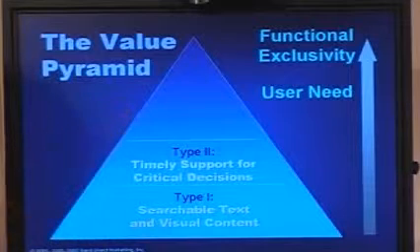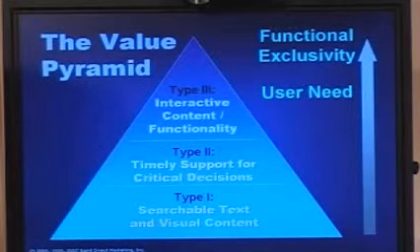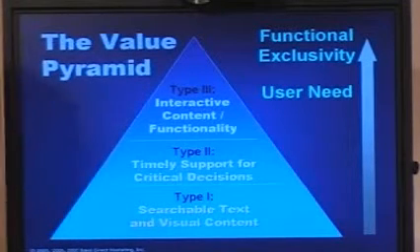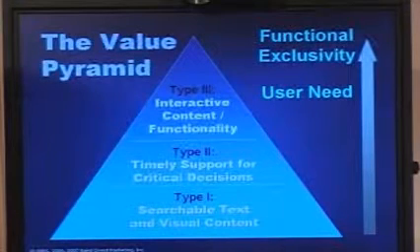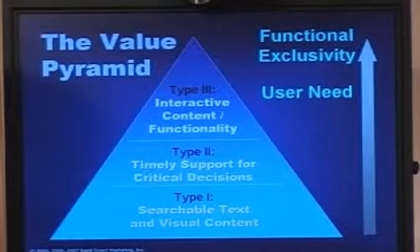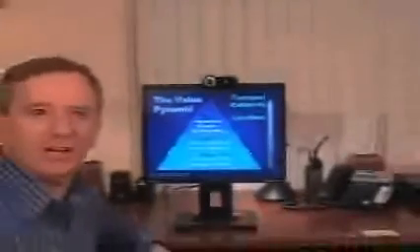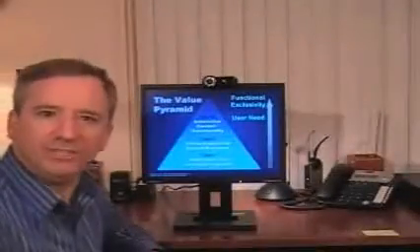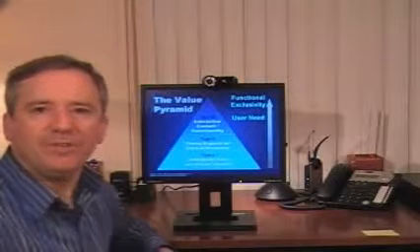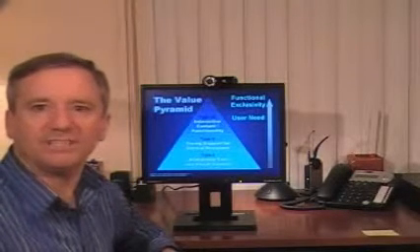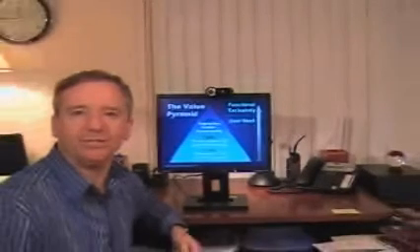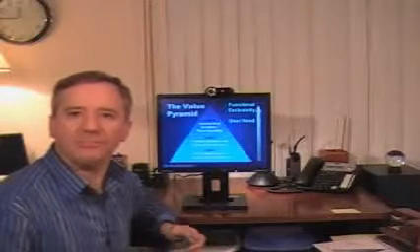But at the top of the value pyramid is interactive content that provides functionality. This is content that you simply can't get anywhere other than the internet. So, for example, rich data websites such as Match.com, LinkedIn, Aviation Week's Aerospace Parts Database, these are websites that have data that's organized to meet a very specific user need, and that has an interface that enables you to meet